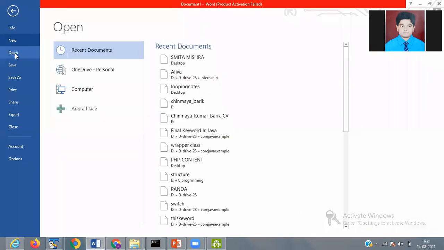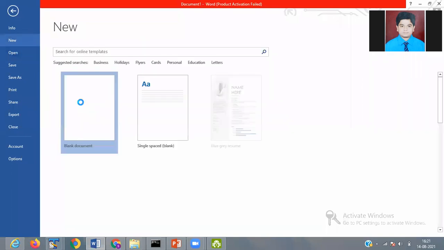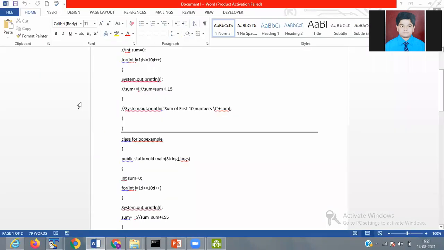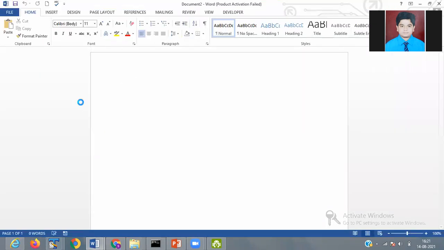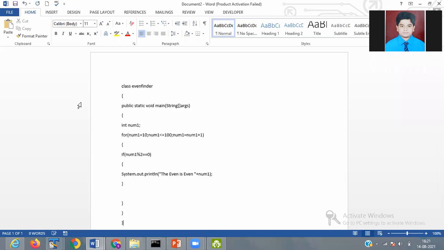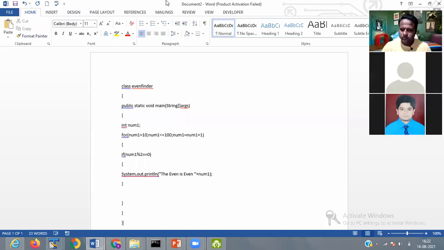You can show any other doubt, which program do you have a doubt in? So take two numbers, then multiply them. I have shown you adding two numbers. In the same way it happens.